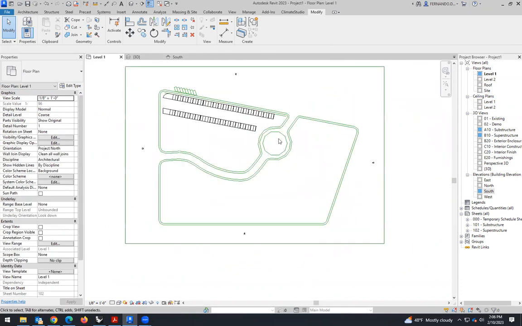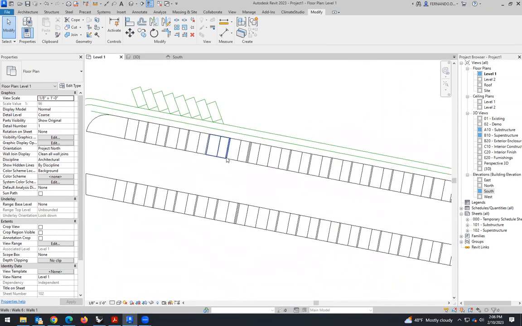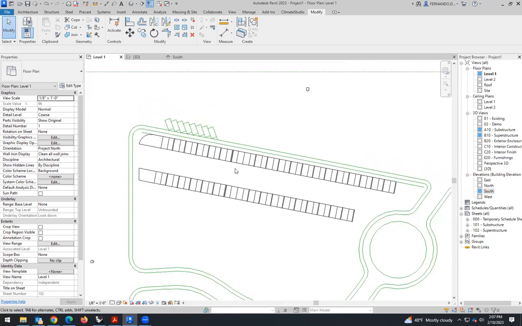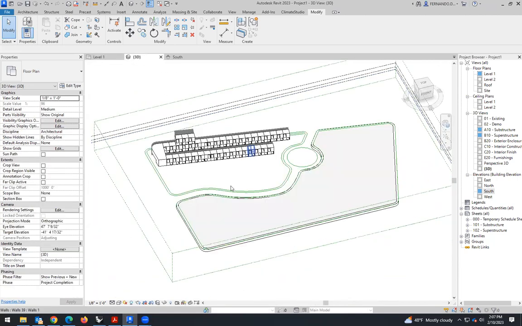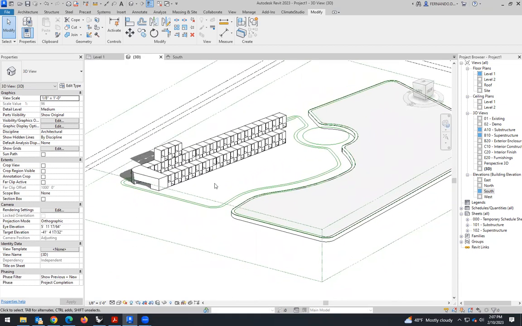So I think this is it. We can do the same. We have parking places. We can have the cell. We can have the building there. But I think working with Rhino, I find it easier. Anyway,